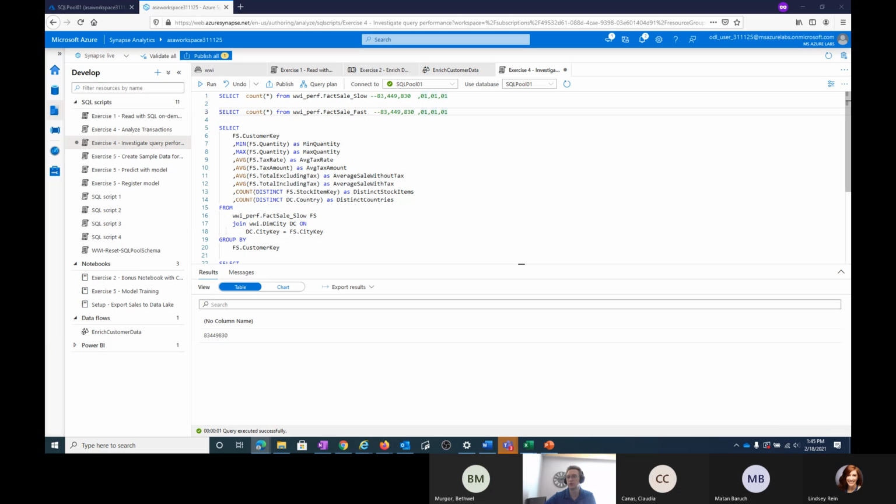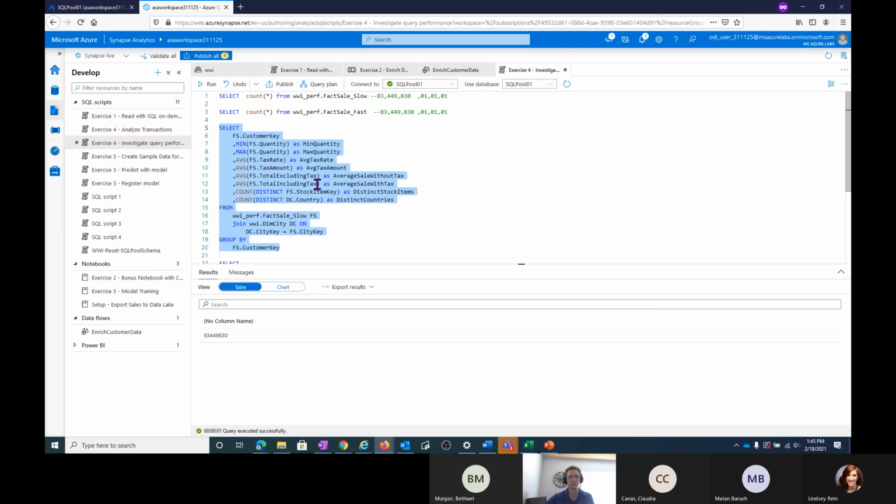5 to 20 and get run, and we'll run that 3 to 5 times until the execution stabilizes, and that cold execution should take longer than the hot ones. Instructions say it should take 15-30 seconds to run. We'll see what happens. But in this case, we're joining the fact slow on the city